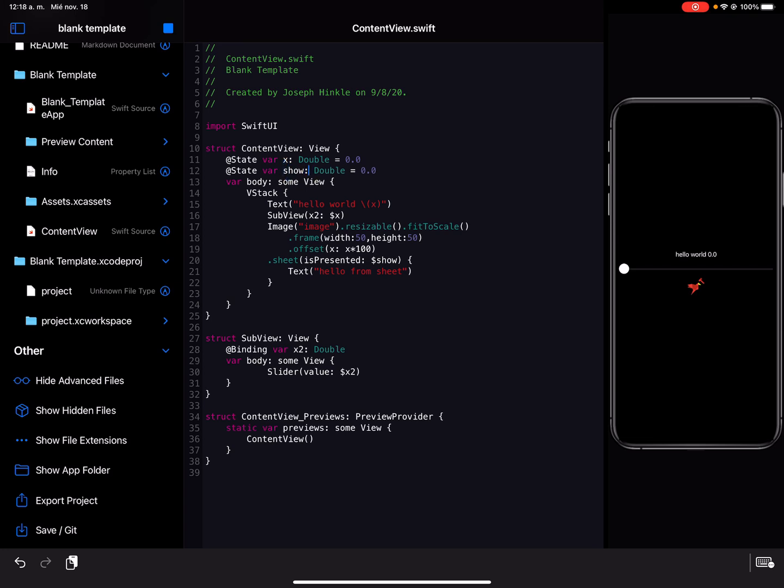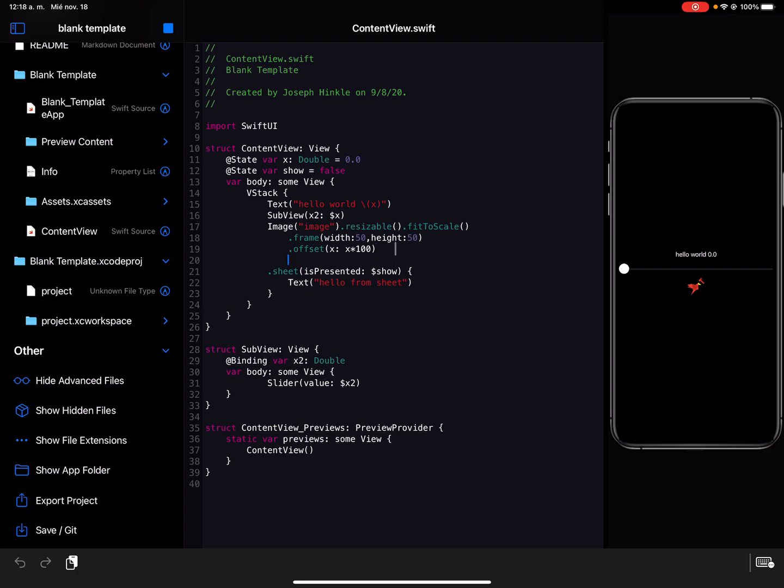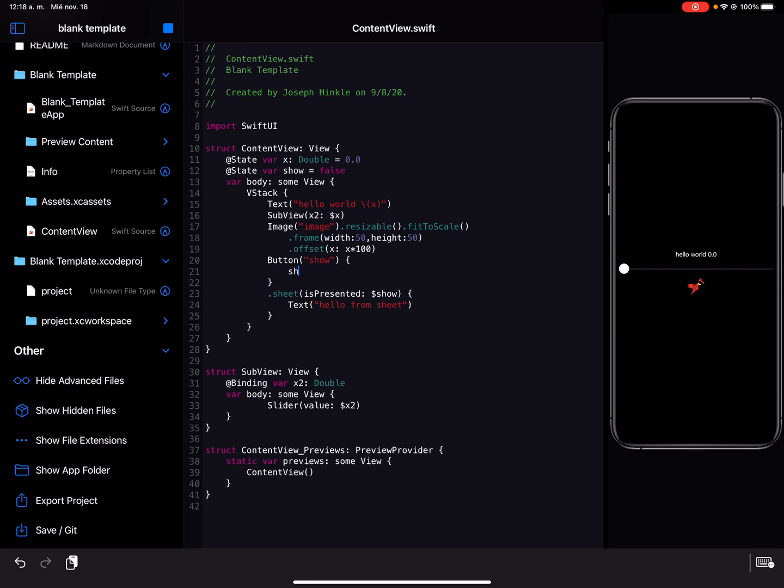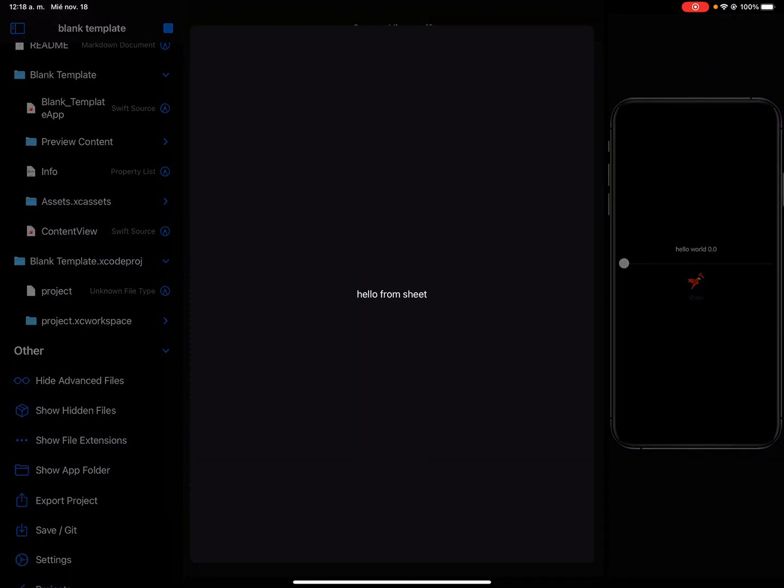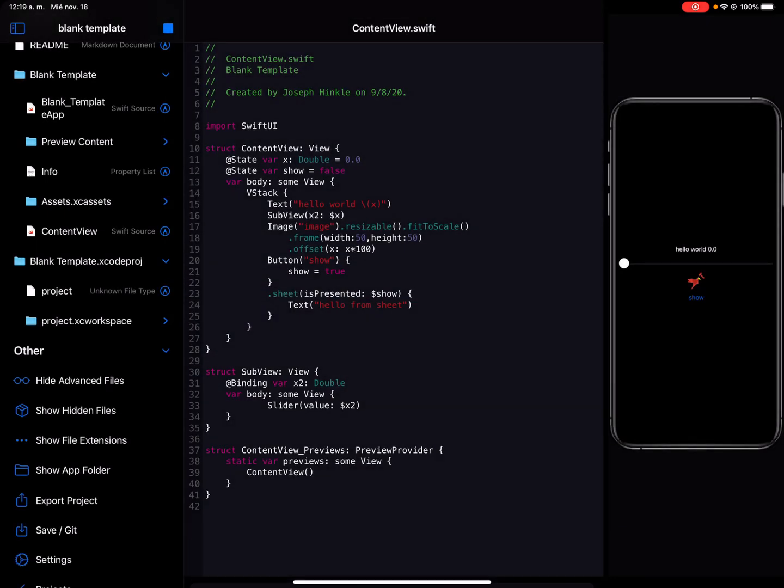Let's see. So I'm just going to set this guy to false. And we can have a button, show, and then in here we'll say show equals true. I hope this works. It does. Okay, and you can see this one I couldn't fix, if anyone has an idea. I could not figure out how to get the sheets to appear inside of the simulator. It's always popping outside of it. Anyways,